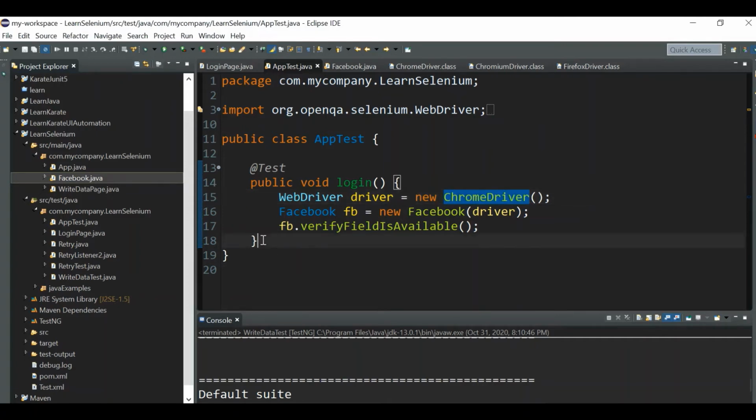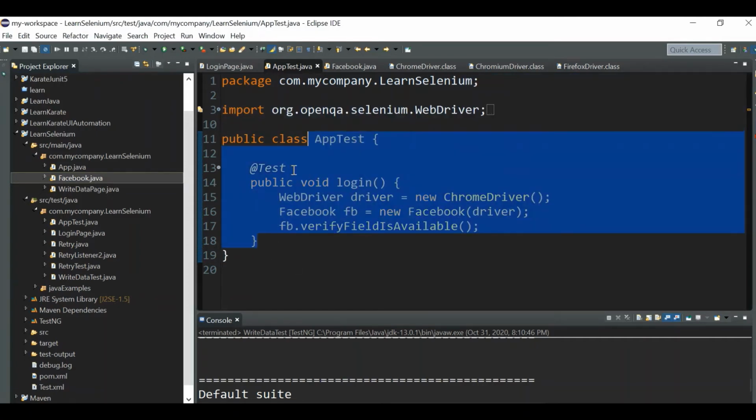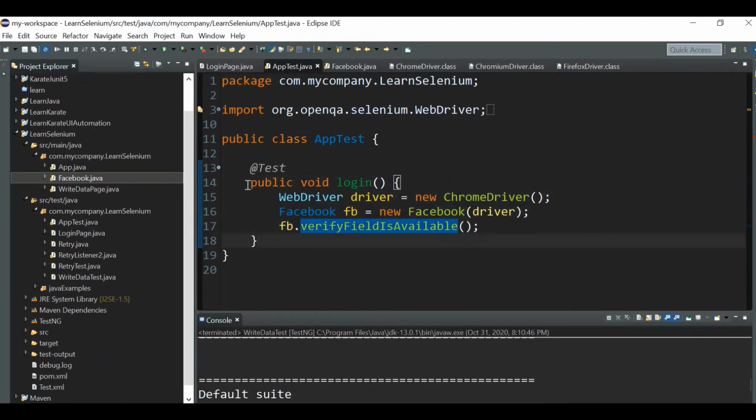So what is a method? This is a method, right? This method has some body, it does some functions. We have declared the method line over here: access modifier, return type, the method function name, and the method body. But in an interface you will not have any methods with the body, only this particular line you will be able to see. So let's go to the WebDriver class.